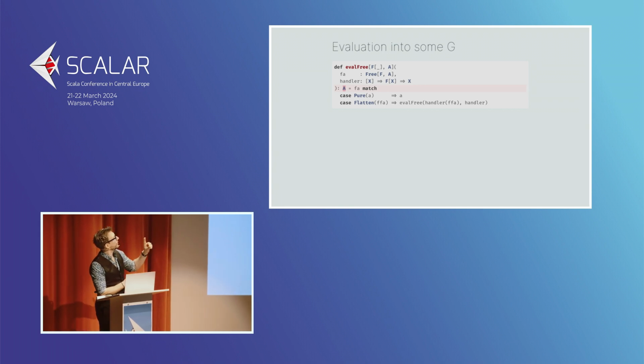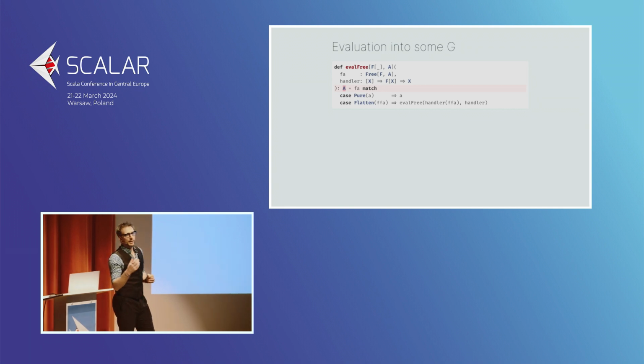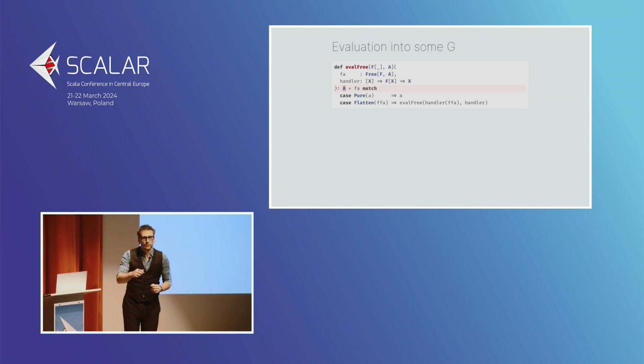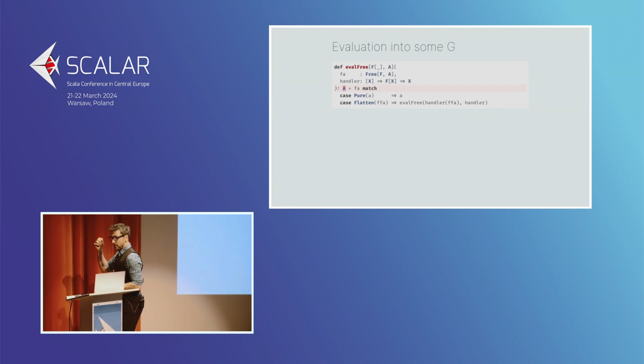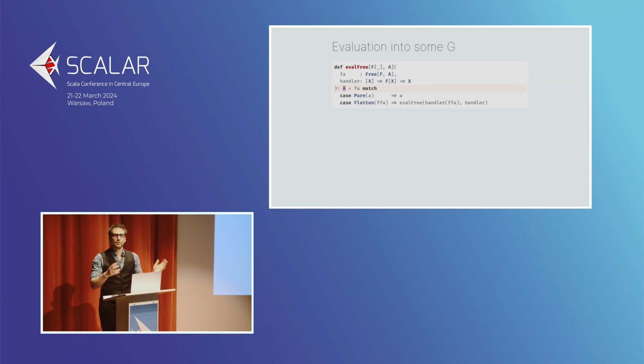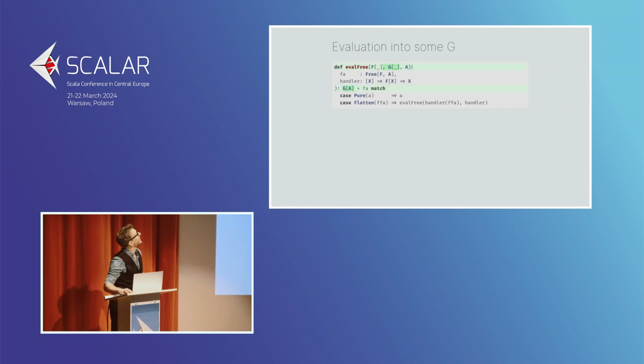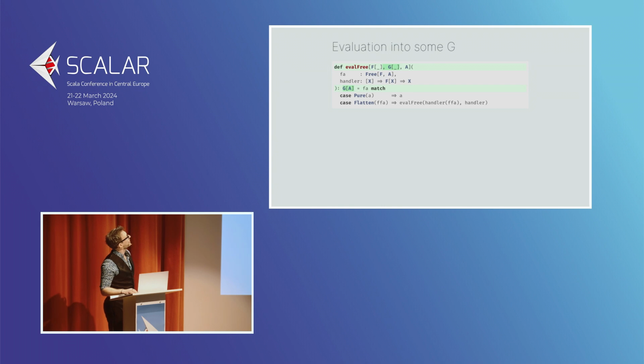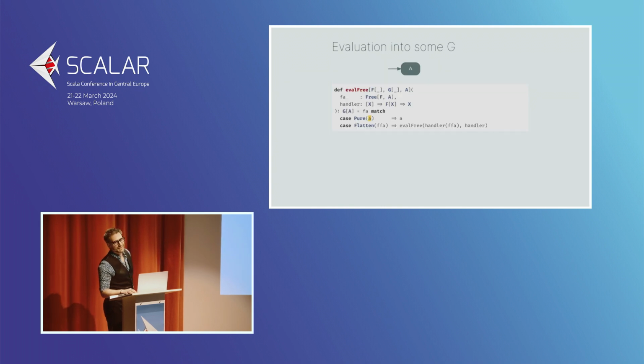We want to be able to encode the fact that this is effectful because, well, think about what we're doing. Console. We are reading from standard input, writing to standard output. That is very much global mutable state. So we're going to want to evaluate this entire thing into some type parameter J. And that's going to be really quick. It is, I swear.